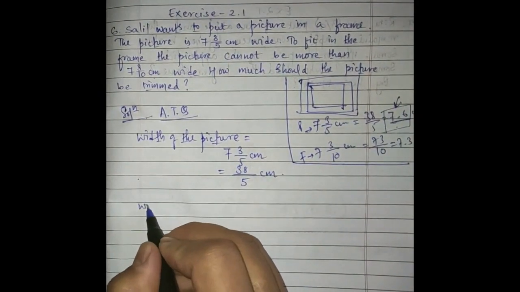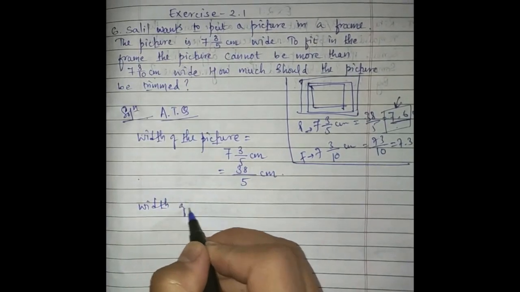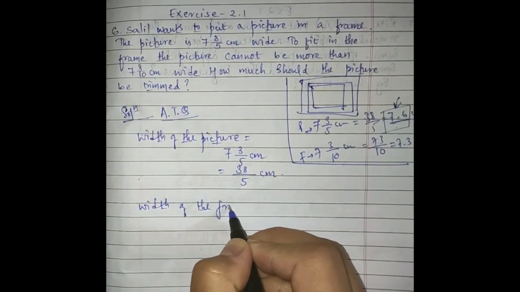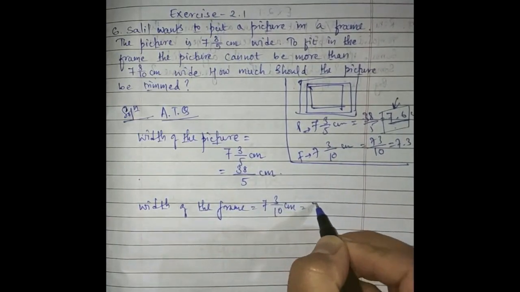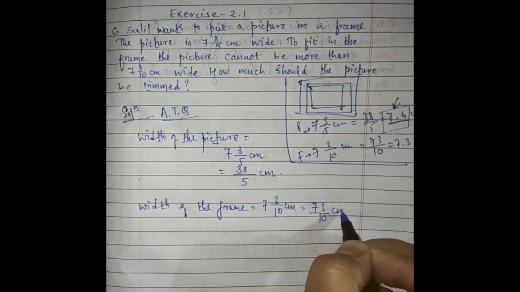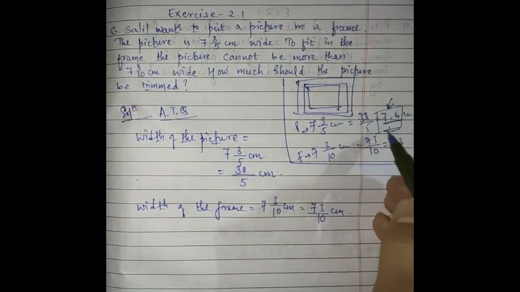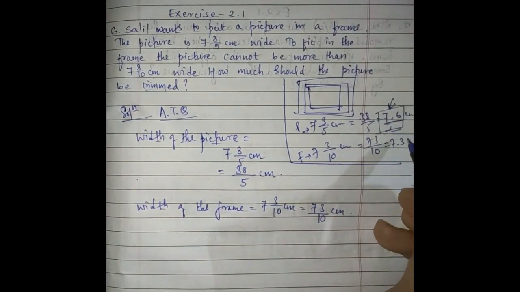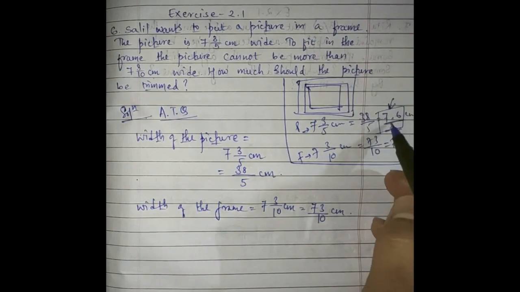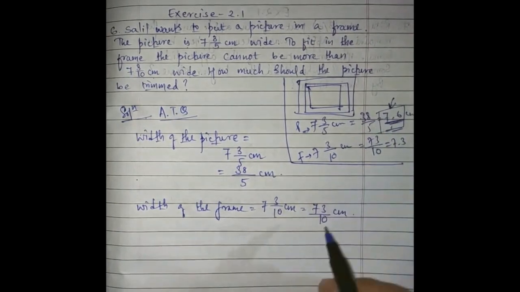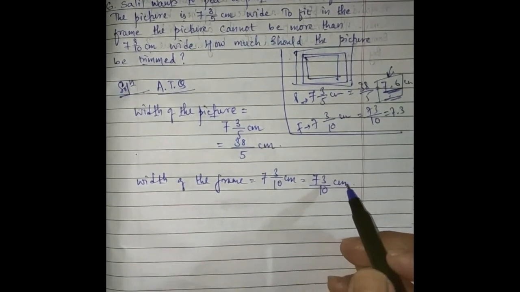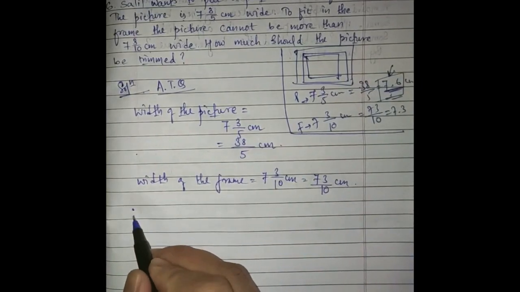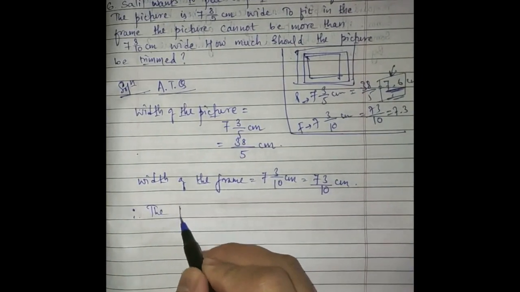Similarly, the width of the picture frame is equal to 7 whole 3 by 10 centimeter, that is 73 by 10 centimeter. No need to calculate this in decimal form, I just did it to explain to you which one is bigger. For that I have made this in a decimal form. Alright, but we will keep this in fraction only so that it will be easy for you to solve it. Alright, so therefore the picture